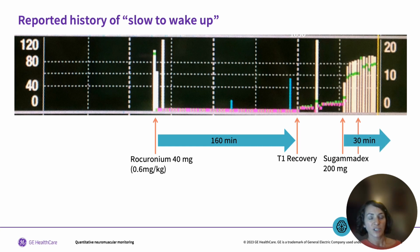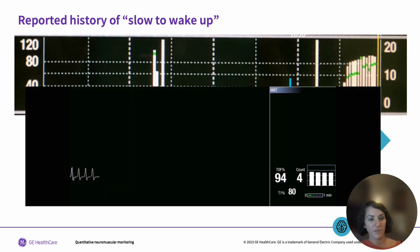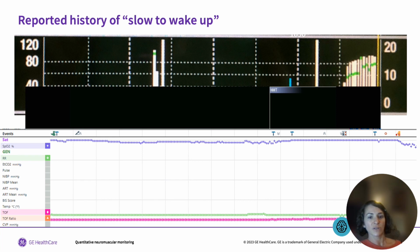We gave her the appropriate dose, 2 milligrams per kilogram, and it took 30 minutes after giving her her full dose of Sugammadex for her to recover to a train of 4 ratio of 94%. What was interesting about this case was that even at 94%, she still had some upper airway and pharyngeal collapse that spontaneously recovered when we gave an additional dose of Sugammadex. This is after extubation: we extubated her and her SATs decreased. She had a subjective feeling that it was hard for her to take a deep breath,